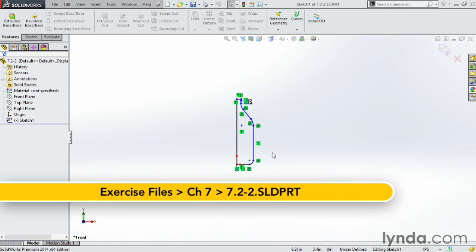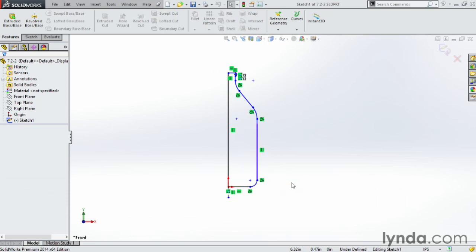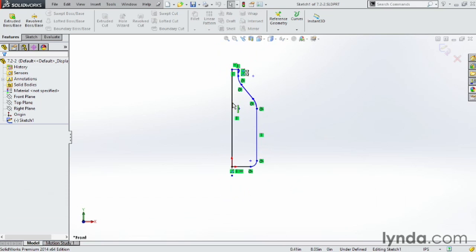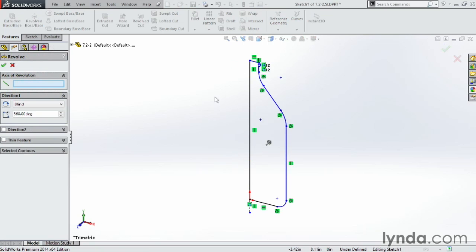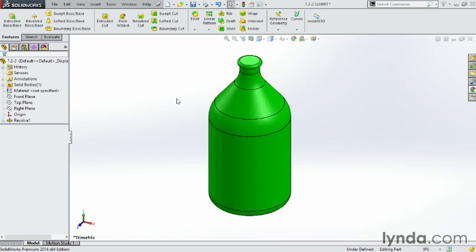This one here is a shape of a bottle. And again, I've got an internal shape. This one I don't have a center line at all. Besides this little line down here, I can actually use an internal line to the sketch. So let's go ahead and go to Features, come up here to Revolved Base or Boss. And for my axis rotation, I'm just going to choose this internal line here. I'm going to revolve that around its internal line, click OK, and just that quickly I can create myself a